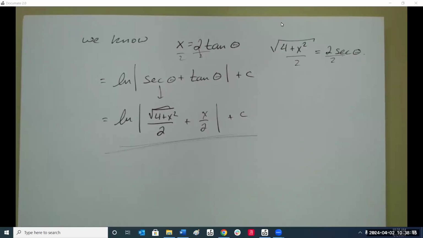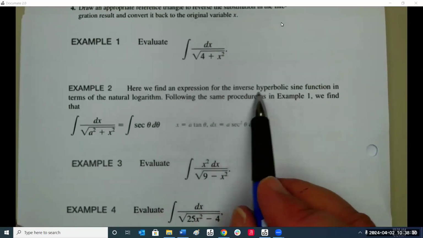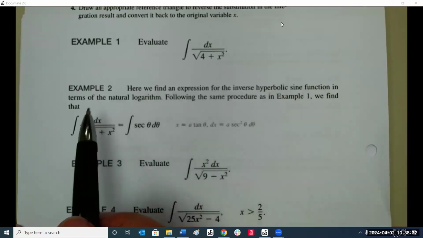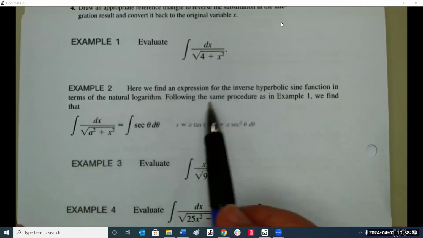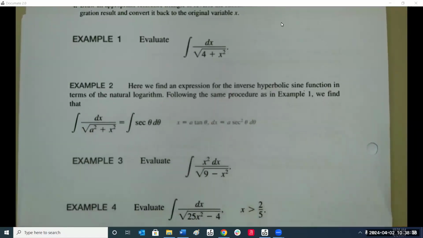For whatever value x we're given. All right, let's look at example 2. Here we find an expression for the inverse hyperbolic sine function in terms of the natural logarithm. Following the same procedures as in example 1, we find that